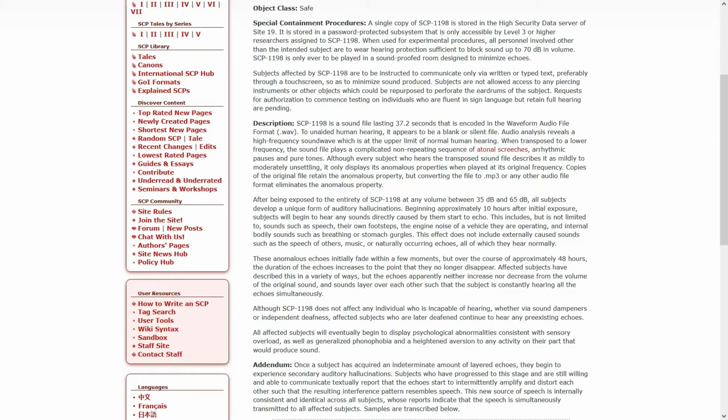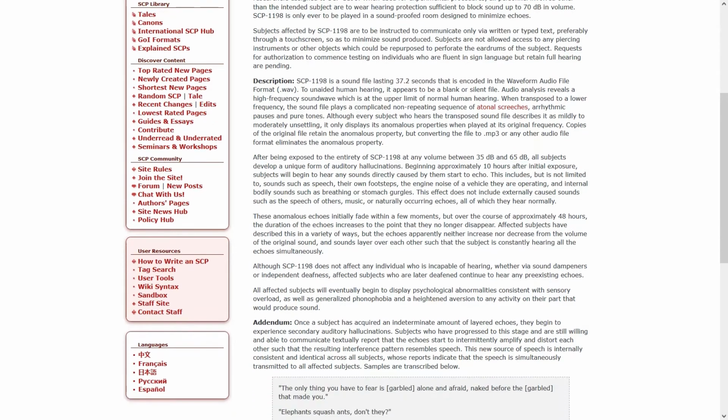Subjects affected by it are to be instructed to communicate only via written or typed text, preferably through a touchscreen, so as to minimize sound produced. Subjects are not allowed to access any piercing instruments or other objects which could be repurposed to perforate the eardrums of the subject. Requests for authorization to commence testing on individuals who are fluent in sign language but retain full hearing are pending. Description: